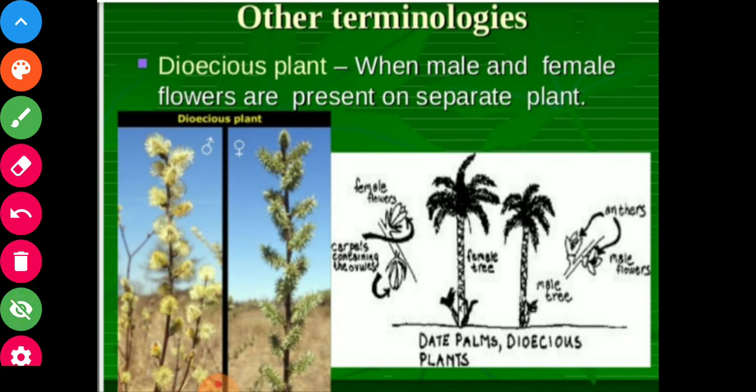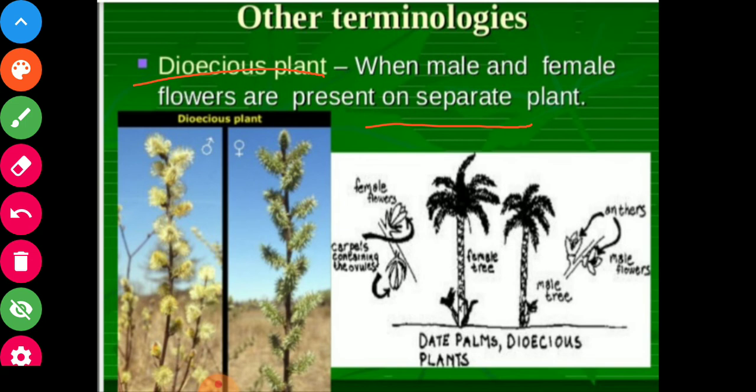Then dioecious plant, when male and female flowers are present on separate plants. In dioecious, the plants bearing male and female flowers are different. If different plants are bearing male and female flowers, then this condition is called dioecious, and the plant is a dioecious plant. It can be seen in date palm, where male and female are present on different plants, and